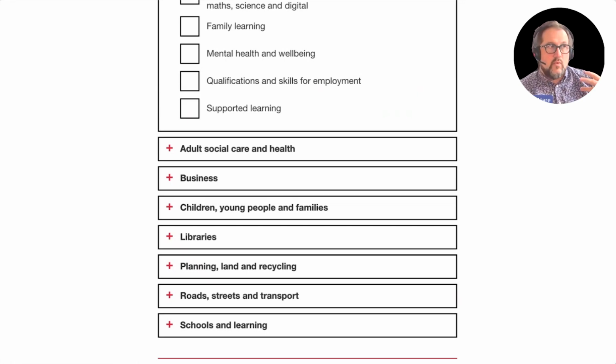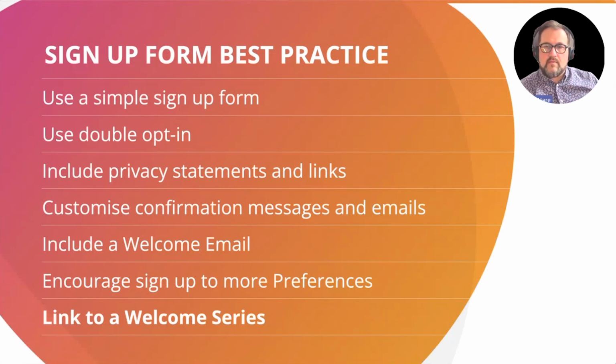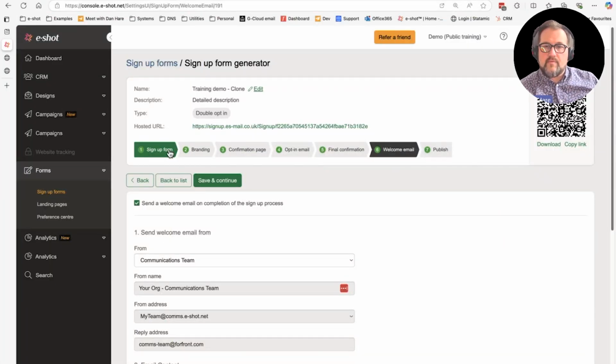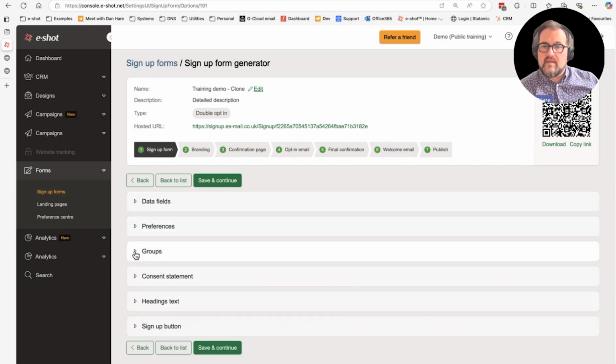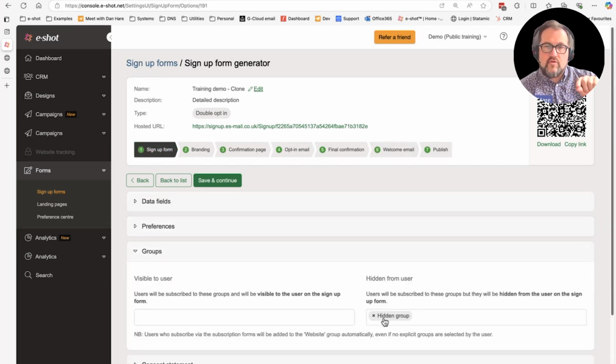The welcome email, that's just an autoresponder, that's a one-off. But do you remember when we put that form together in the sign up form stage, we added the hidden group. The hidden group can be used to trigger an automation. So this is where sign up forms don't just need to be used for signing up to newsletters. They can actually be used to sign up to very specific programs of communication. For example, signing up for an event, for a consultation, for something where we want to take them through a